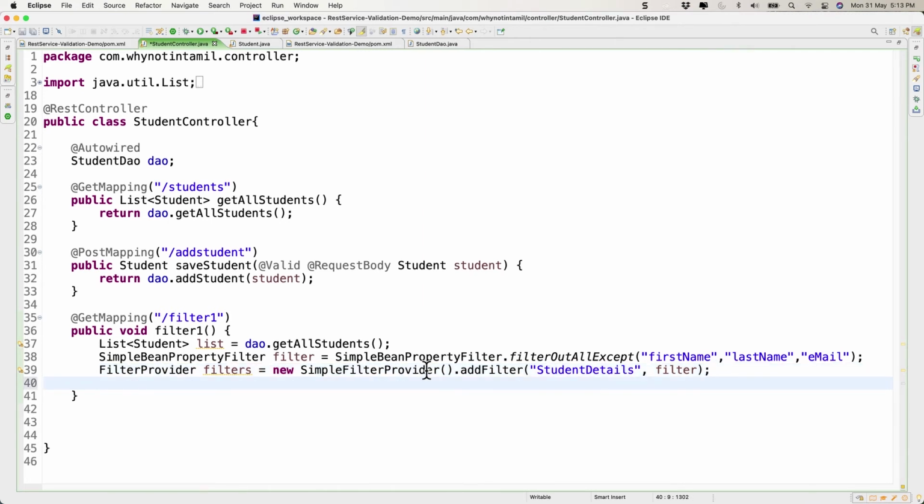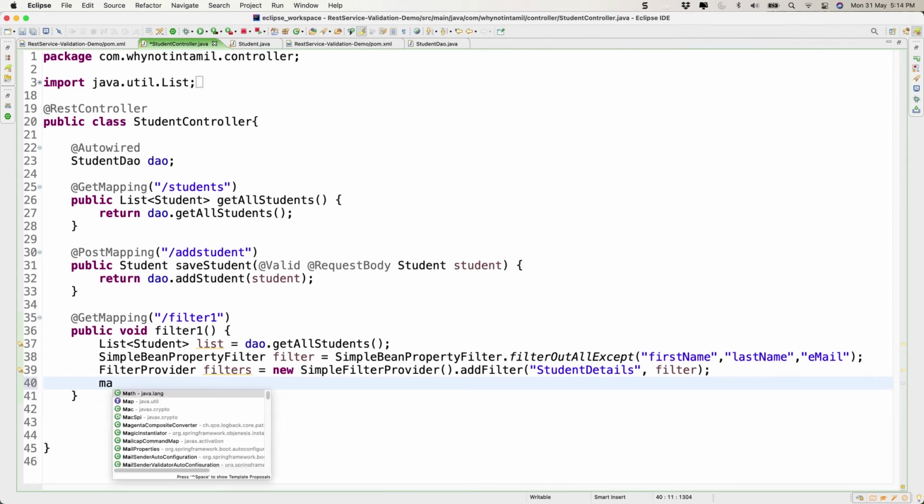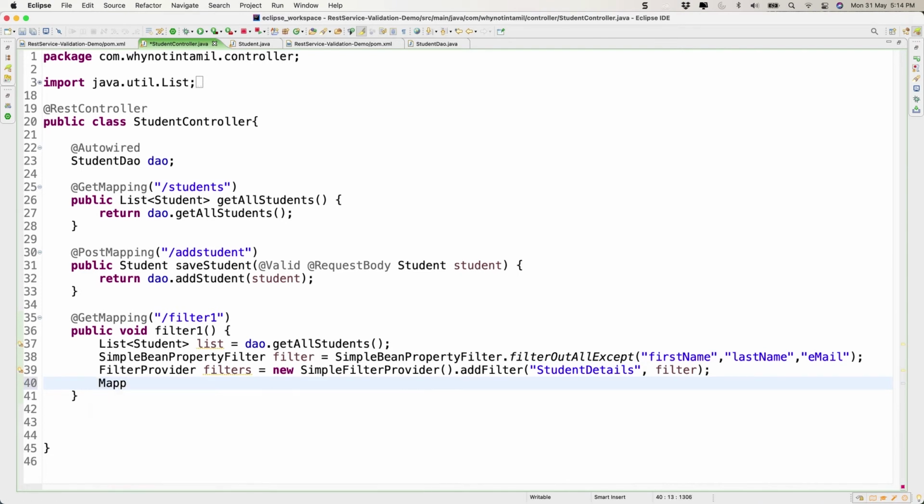Okay, so what's the next thing? We cannot send a void response, right? We need to send the response back. So we need to retrieve the response from the filter, and we need to map it as a Jackson value. Jackson value works with the JSON data. It will send the proper response back to the clients. So how are we gonna do it? We're gonna use the mapping.